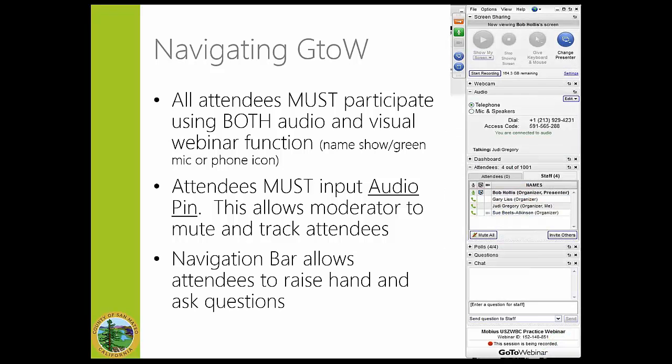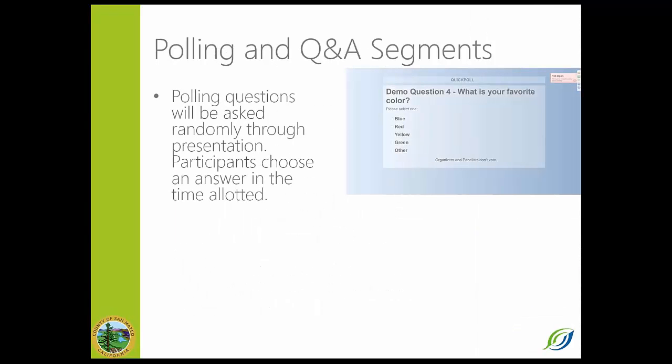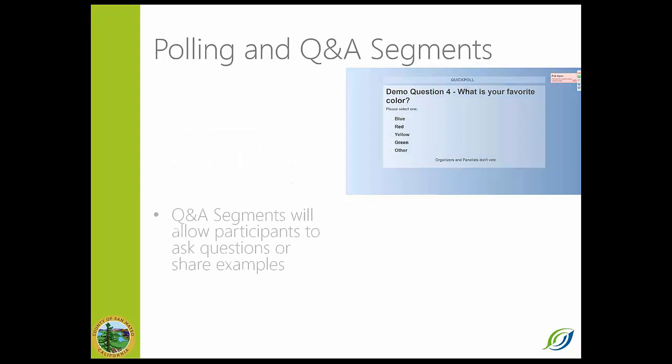This navigation bar will allow you to do a few things that we're going to talk about in more detail. Especially, it'll allow you to participate in the polls that we have and to answer some of the questions. This is what our polling questions will look like. When we ask you some of these questions, a blue screen will pop up with the answers that you can select. We only give you a few seconds to do this, so we ask that everybody figure out their response and click on that. Within 10 seconds, usually about 15 seconds, we'll close the poll. You can go hit enter.